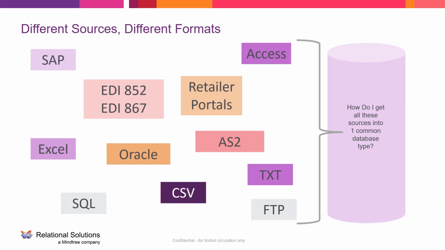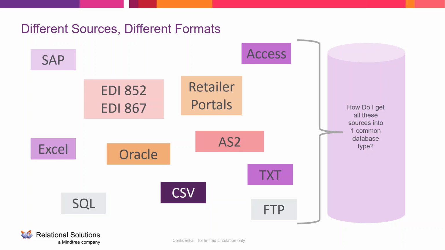On top of that, retailers are sending you files in various formats. You'll get EDI files from some retailers. Some retailers will have the option to get data directly from their portal or in an AS2 file or a combination thereof. You may be getting data from Target through Partners Online or Info Retriever. You may be getting data from Walmart on Retail Link. You might also be getting their EDI files and their AS2 files. You may be getting data from some retailers in a CSV or a flat file. On top of that, you may need to integrate shipment data that happens to be in SAP or Oracle.